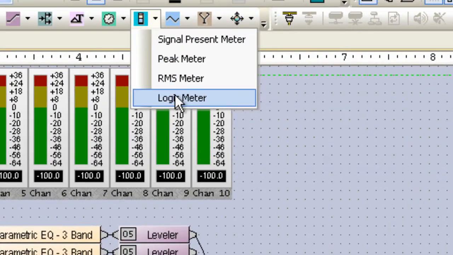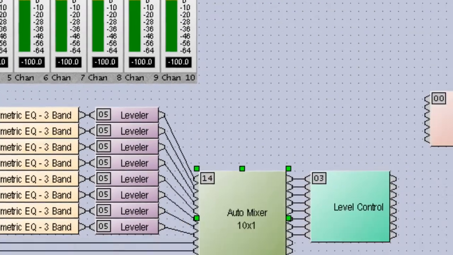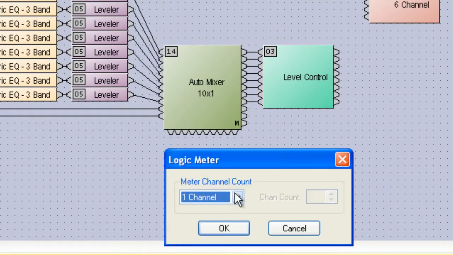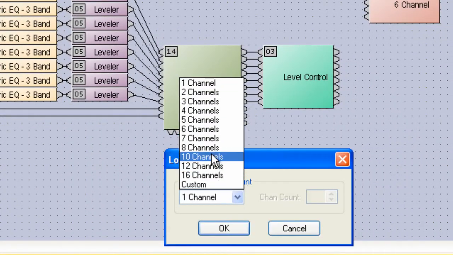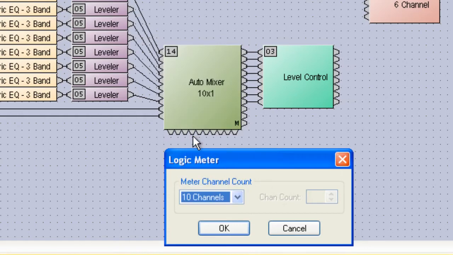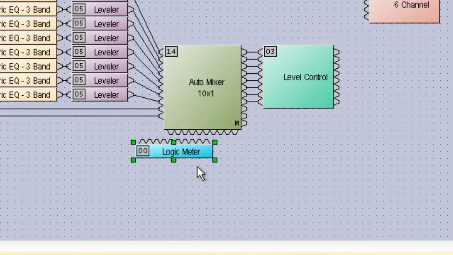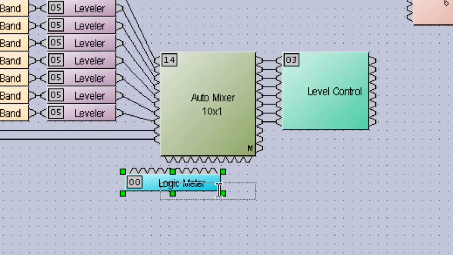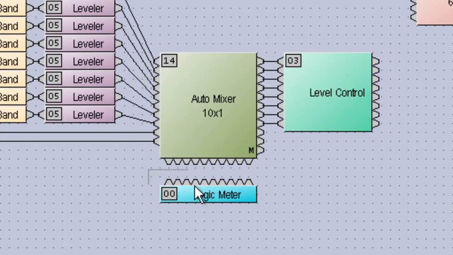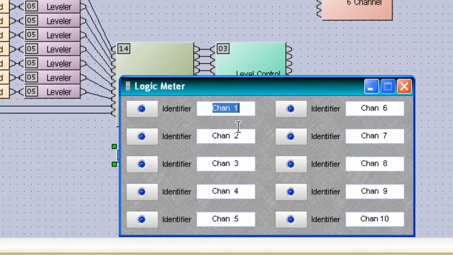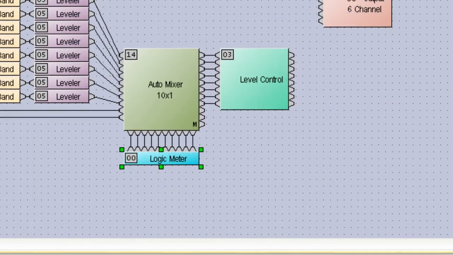So I'm going to come up here to my meters, and I'm going to grab a logic meter, and I'm going to drop it on the screen, and I'm going to choose 10 channels because I have 10 channels in my Automixer. Hit OK. Bring this down here, and then drag a square around just like I always do, and it'll be the left one, and that brings it across. And then I can open up the logic meter. I could rename these as mic 1 and mic 2, etc. I won't take time to do that now, but we can minimize it on the screen,